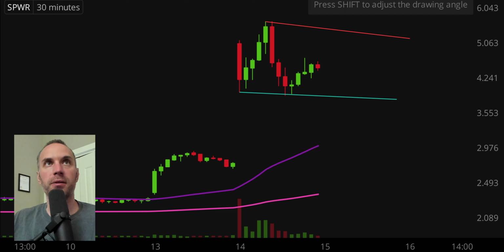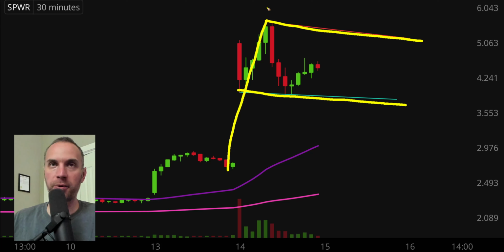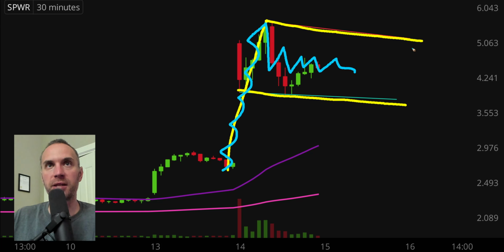And then keep it one color, make it easier to see. So we have our resistance, we have our support, we have the big move up here. Now, I would call this a bull flag pattern. Maybe you would say, no, Clay, it's a bull pennant. Let's not get in a fist fight over a bull pennant or bull flag, because both are telling us the same thing, and that is there's a big surge in the upwards direction, and now there's some consolidation going on,